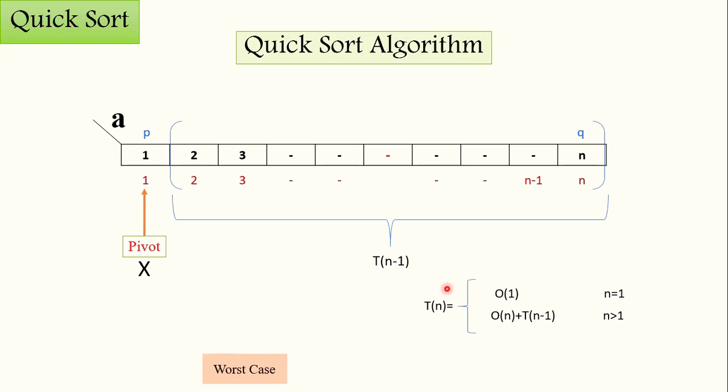So this is the recurrence relation, and this is the worst case time complexity. A recurrence relation can be solved by three methods: first, the recursion tree, the substitution method, and the master theorem. The master theorem cannot be applied to this recurrence relation. So after the substitution method, we will get T of n is equal to big O of n square. So this is all about the quicksort algorithm. Thank you very much.